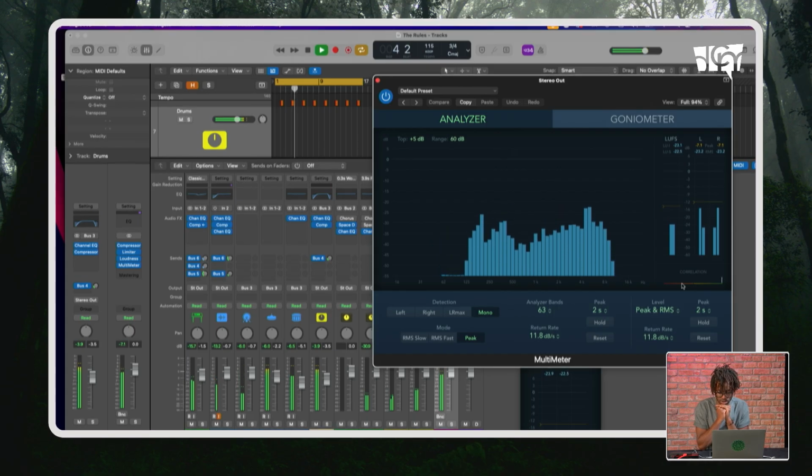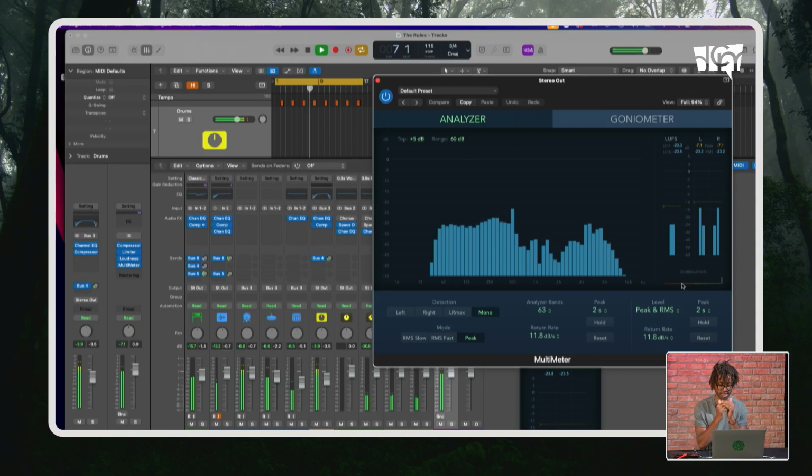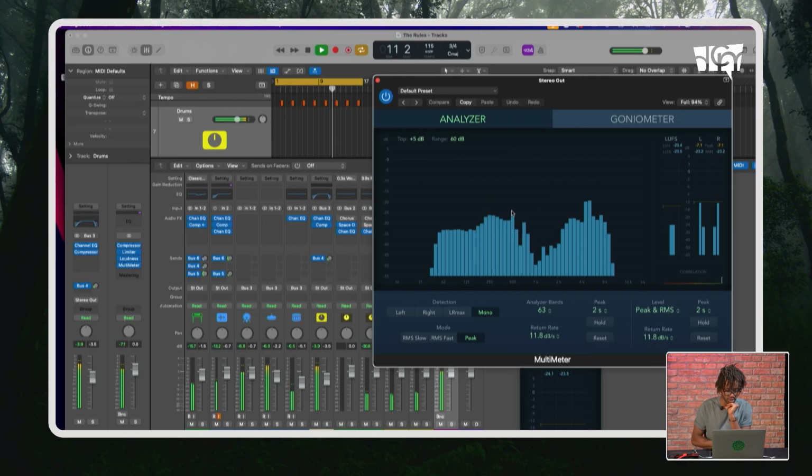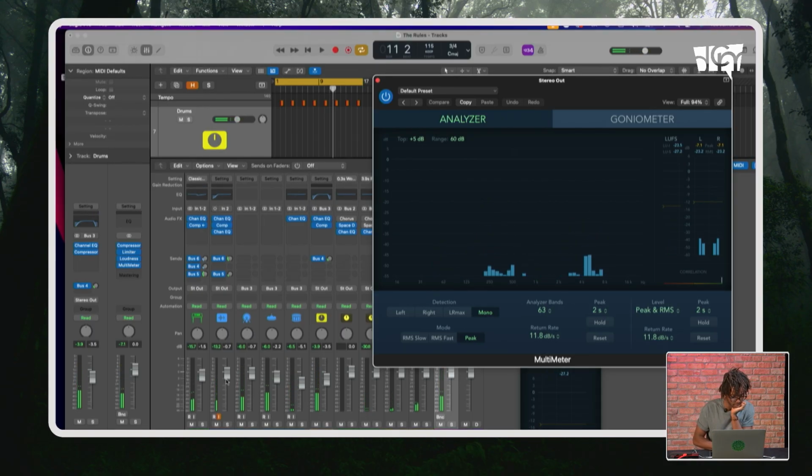Cool, cool, cool. This is the heartbeat. Nice. I feel like the vocal could come up just slightly. I took it down before, but